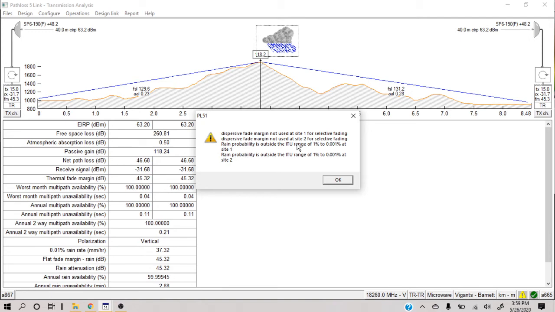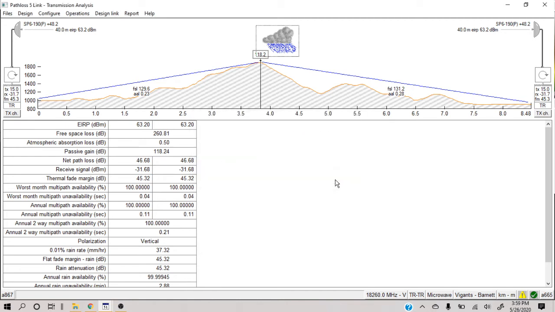This can be very easily corrected. And this rain probability is a warning, because whenever you achieve 999, it will always give you a warning, because as per the ITU you should not go to 5 nines. Beyond 5 nines is out of the boundary of ITU.